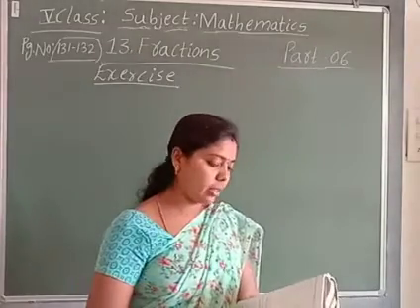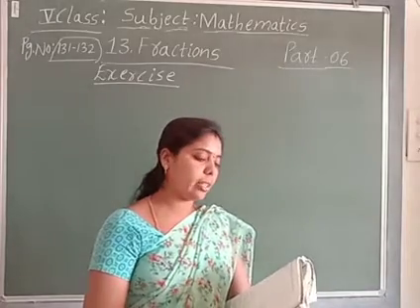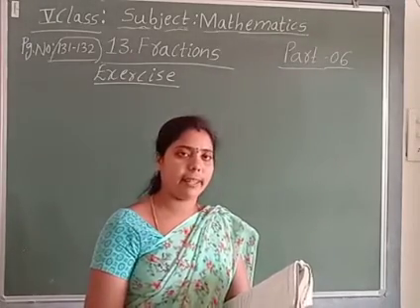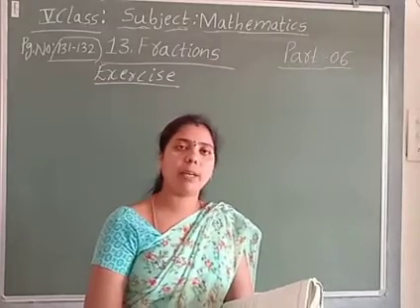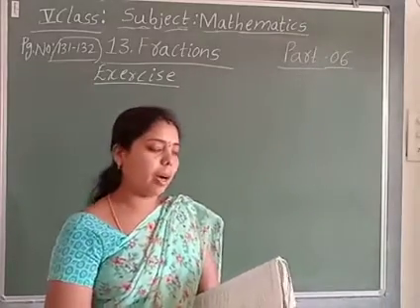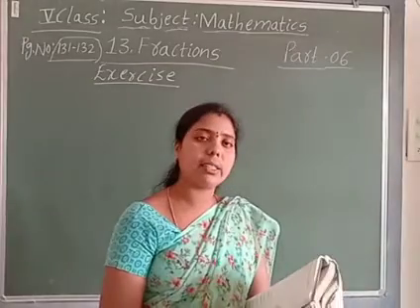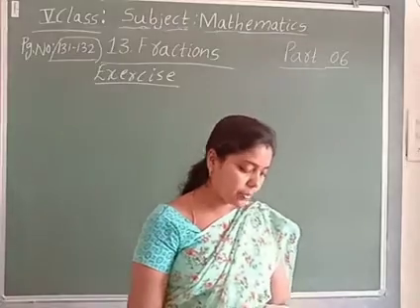So the second one is also the same, second bit also like that only. We are giving some figures, but only the fraction is given, not the shading. So you only do that. How much part? What is the numerator place? That part only you will shade. Understand? Next, third question, right children, in that page only.